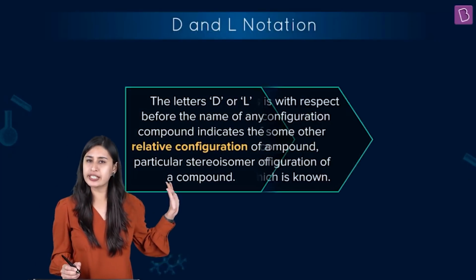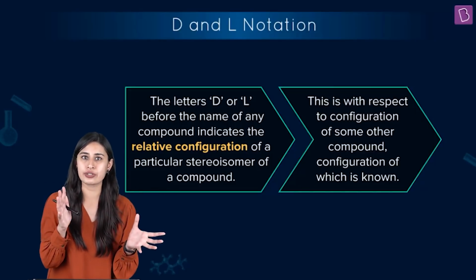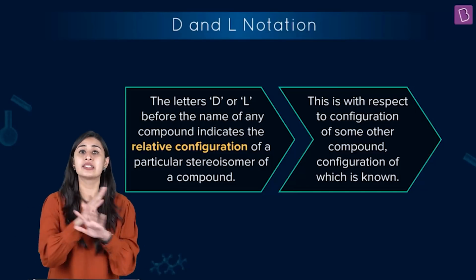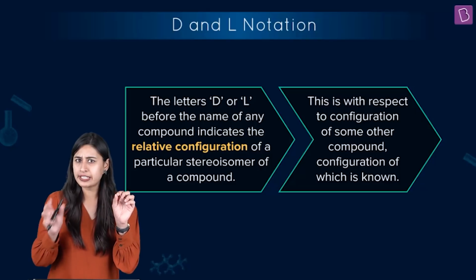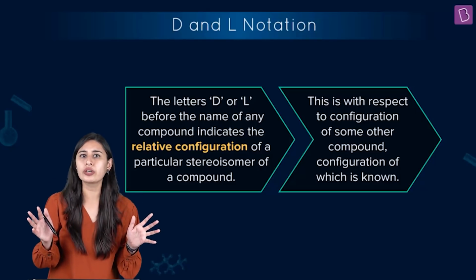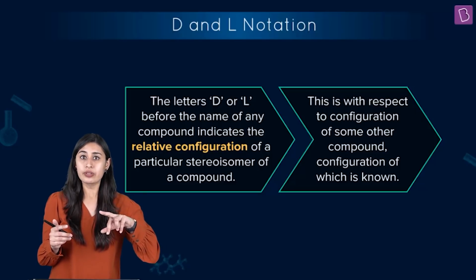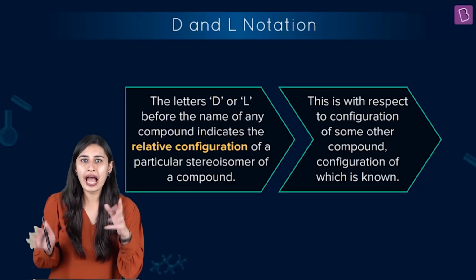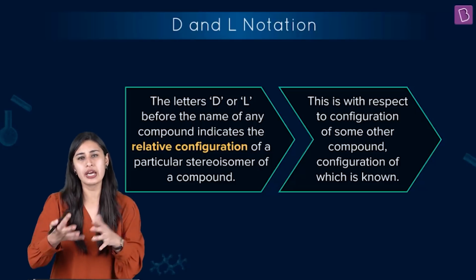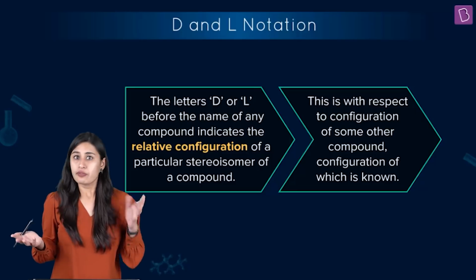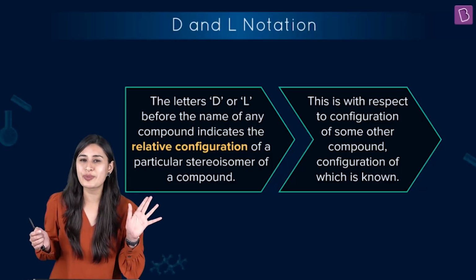I'll start with capital D and capital L. So let me tell you, they are the relative configurations. Capital D and capital L has nothing to do with small d and small l, right? So capital D, capital L, it's simply based on, when we talk specifically about carbohydrates, we look at the second last carbon and the OH present there. If the OH is on the right, we simply say, and make sure you're writing the Fischer projection. So the idea of projection should also be clear.